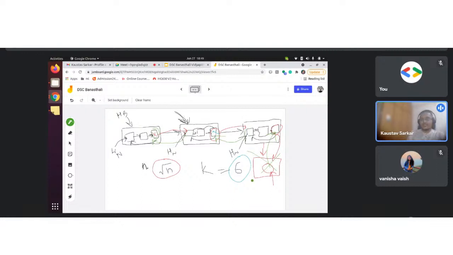Right. So as you can see, how many operations we are doing here. Essentially, let's say we have n elements and we are dividing it among root n spaces. Then something like this number of operations may be required. Right. But it is not very